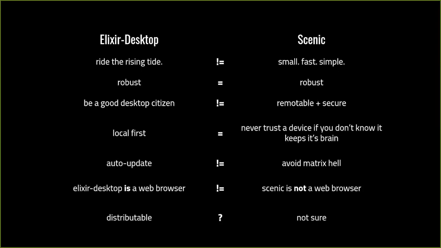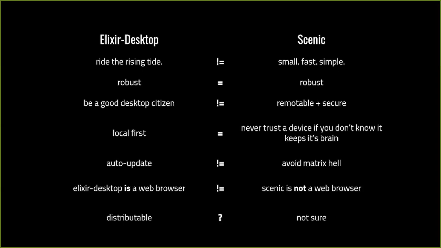But Scenic has this explicit goal of being robust. You have GenServers and they fail over and then they restart. Of course, you just want that in a desktop app. How bad is it to have a desktop app that crashes and then it's gone, and the state is potentially gone? Maybe your Office document that you were just working on is gone. That's terrible. And with Erlang, we get that in Elixir Desktop. Of course, we want that as well. Who doesn't want that?